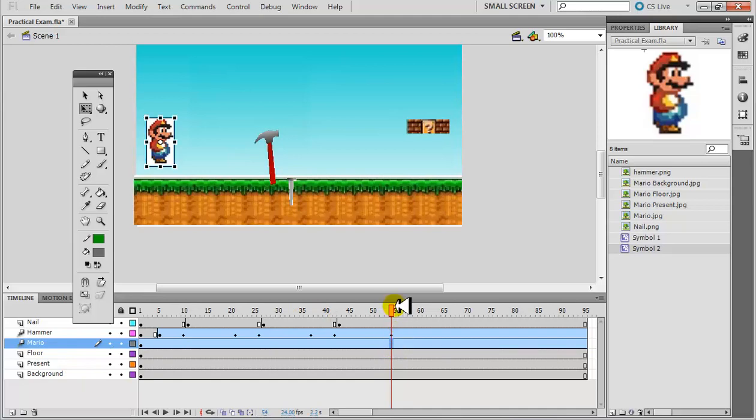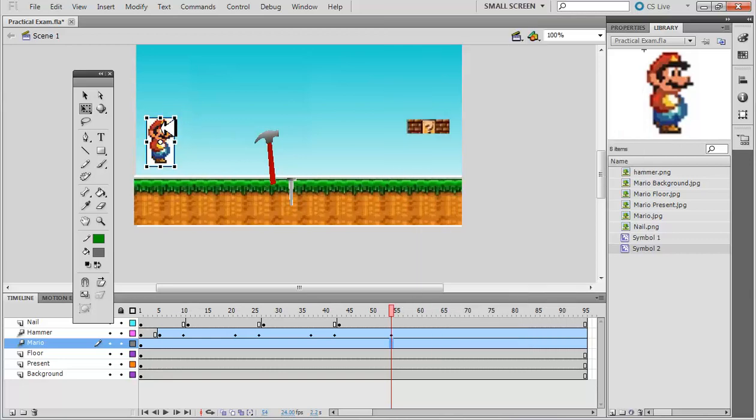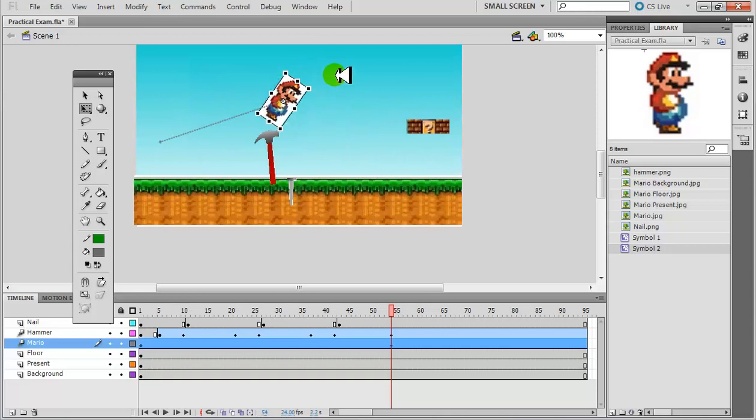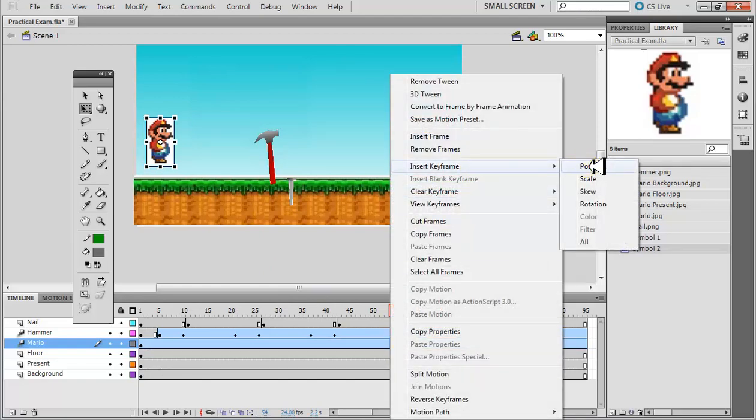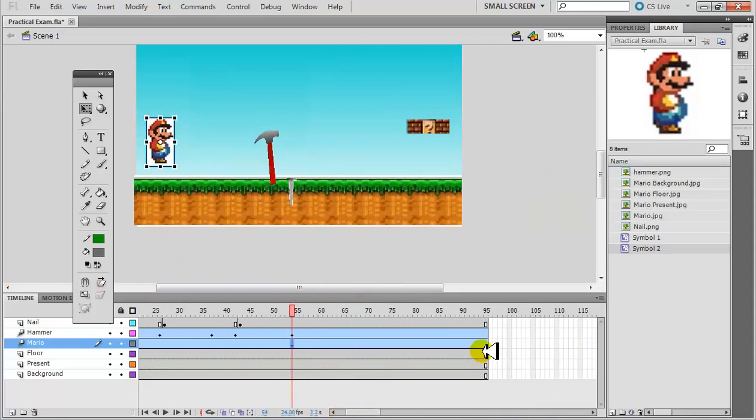And then at this point, when the hammer is raised up, you right click, insert keyframe, position, because now the movement is being done in moving the Mario object from here to here. It is not rotating at all. It is just moving. So what I will do is insert keyframe, position. It is not moving from the start. There is nothing done up till now. But it should move and stop where? It should stop here, the last keyframe, and it should go to